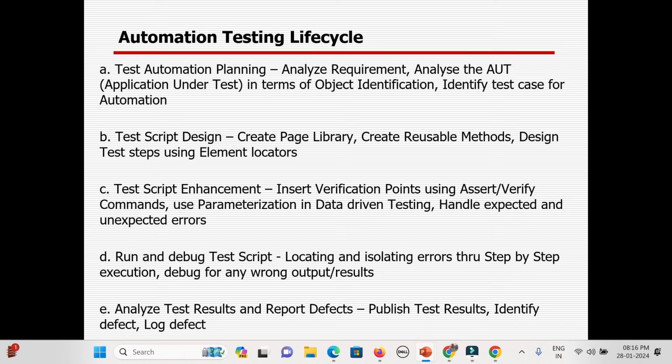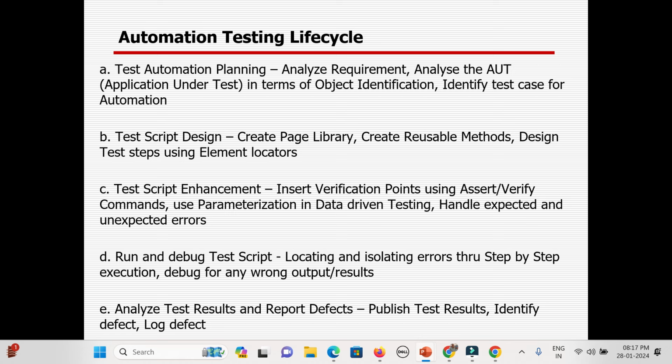But some of the steps are common. You need to log in first, after that you need to search the product, you need to go to the cart. So for this part, you can create a reusable component. In case some steps or screens change, you can modify only one place, and wherever that component is used in the scripts, it is automatically modified.